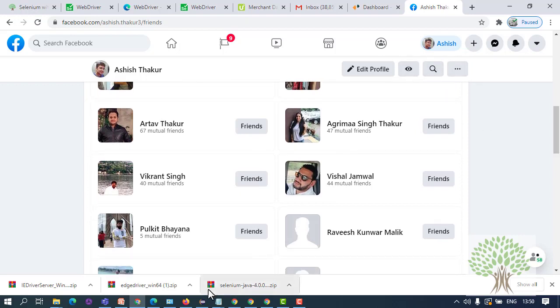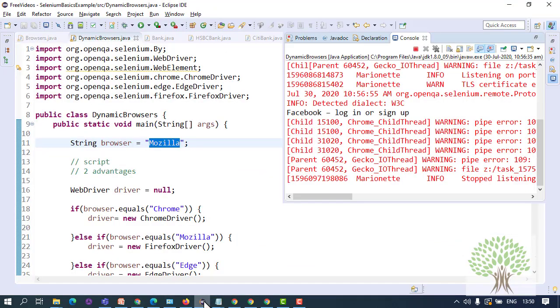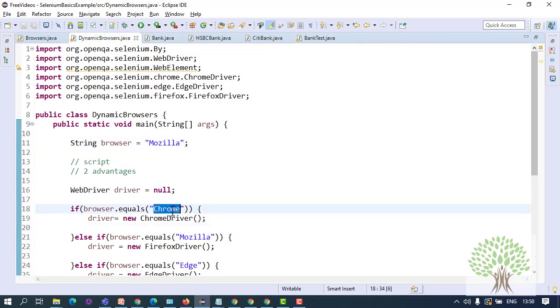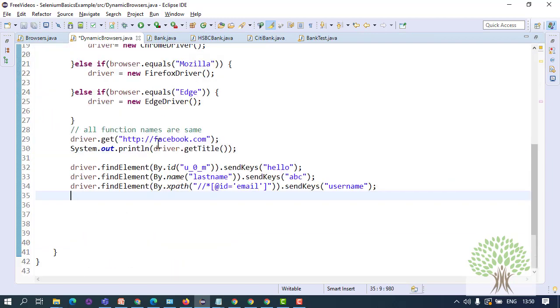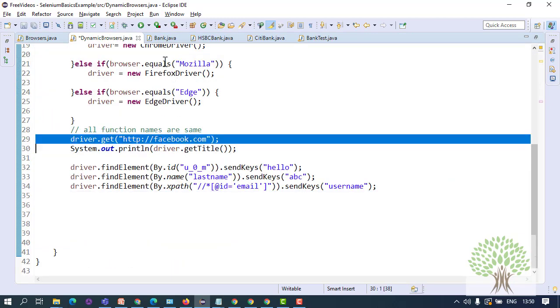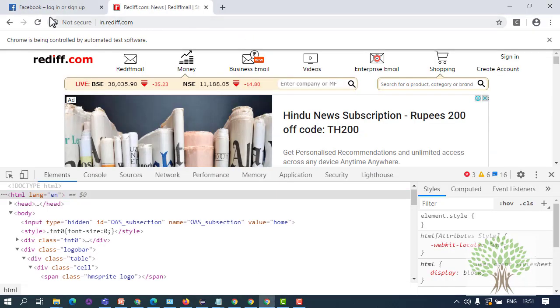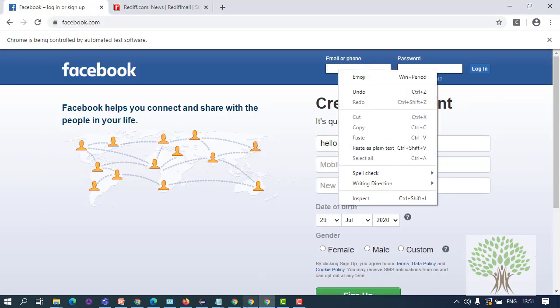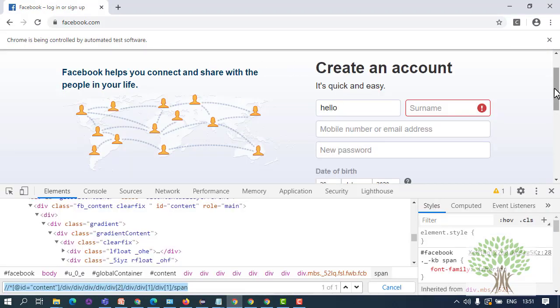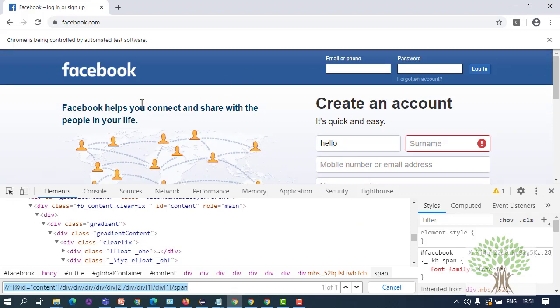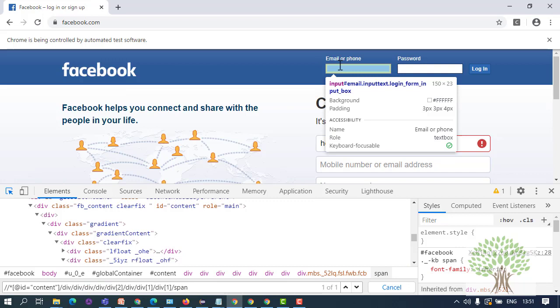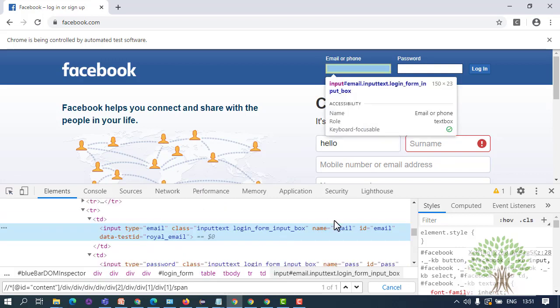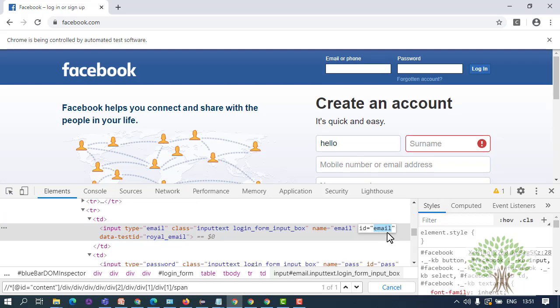Okay, so how do you do this? Now, for doing this, first of all, this was the script which we were writing earlier. You will launch the Chrome browser, take it to Facebook. Fine. So if I just launch a normal Chrome and go to Facebook and try to sign in on this website, then just a minute. If I investigate this page, if I investigate the username field, this is the username field, the ID is email.